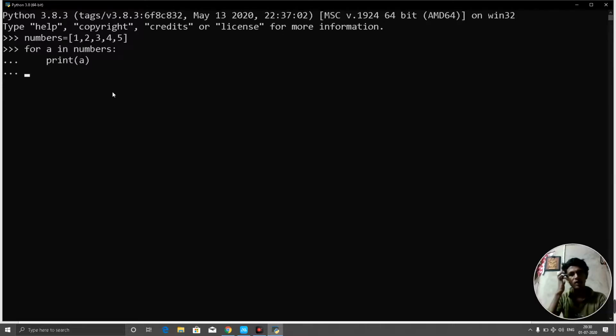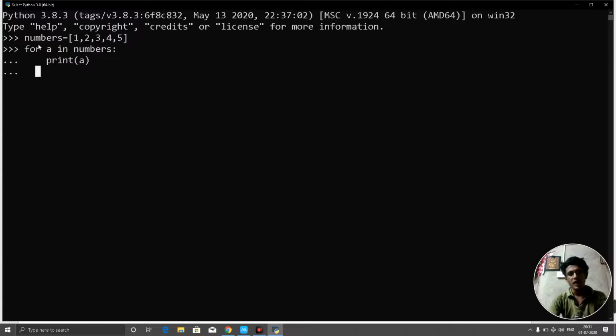And as I told, in order to tell Python that our for loop has ended, we need to do something in the Python interpreter. It is not needed when we write these programs in one file and execute it. But here in the Python interpreter we need to leave one blank line in order to tell that our program is completed, and then it starts to execute.